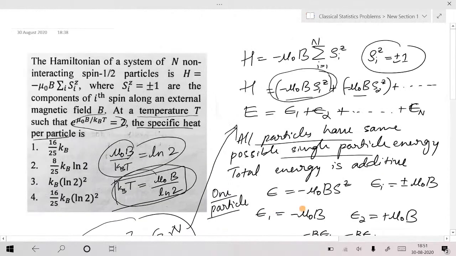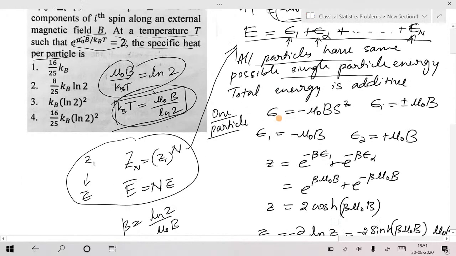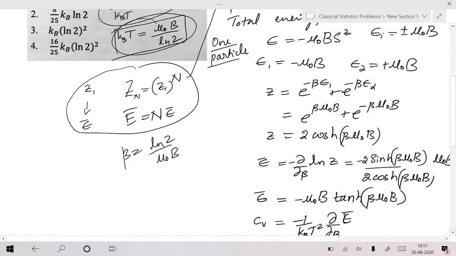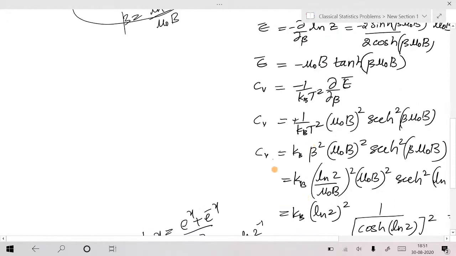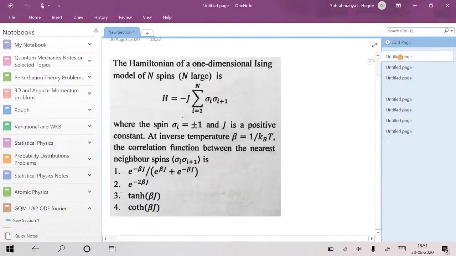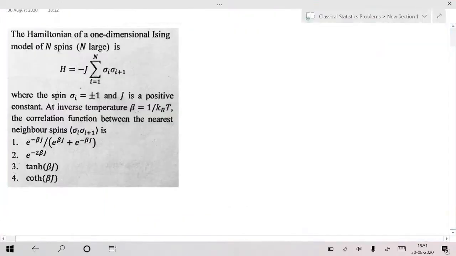So whenever he has given whatever Hamiltonian for the total system, whenever you feel that your energy is additive and the individual energy levels, or single particle energy levels, are modeled in exactly the same manner, for each particle in the n particle system, each individual particle has the same set of energy levels, then you can calculate everything for a single particle, and you can use this formula for the n particle system, okay. But anyway, he asked for per particle, that's why we don't have to find for the total system here, in any of these steps. Any question here? So quickly, any question?